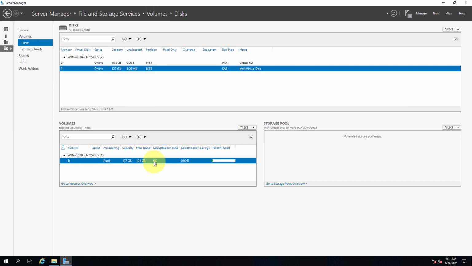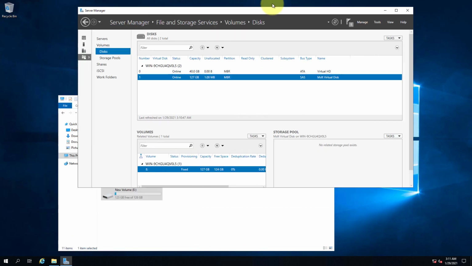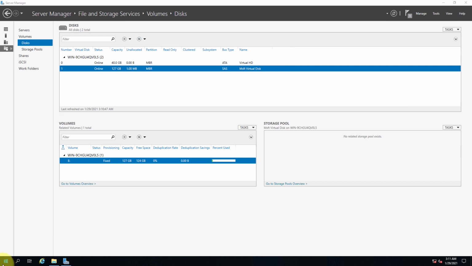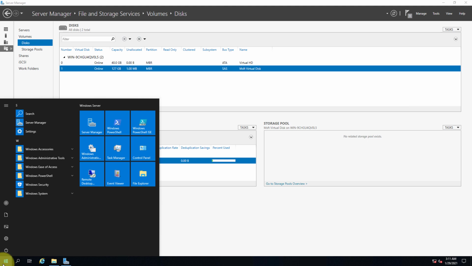Now you can see it's configured and it's showing that the deduplication rate is 0% because it has not started yet. If you want to start it manually, click on Start and type PowerShell.